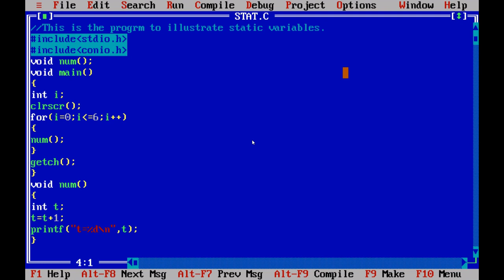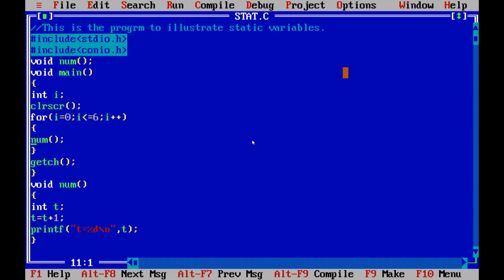And I have defined the main function in which I have declared one variable i. As usual, I have cleared the content of the output screen using CLR SCR, and I am using one for loop for i is equal to 0, i less than or equal to 6, i plus plus. Within this for loop, I am just going to call the user defined function num.